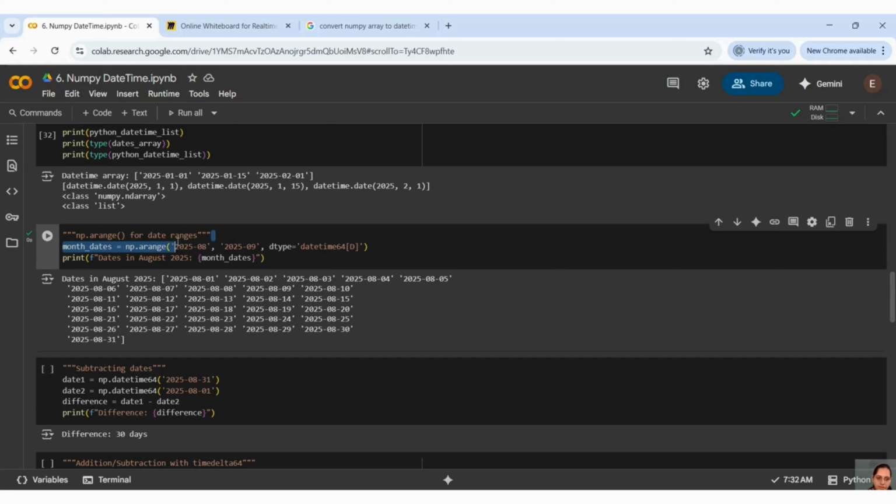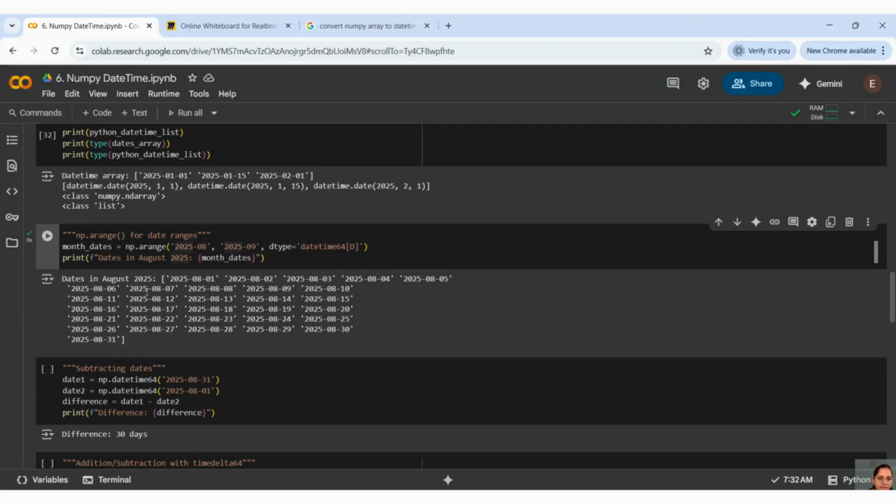We have August month. Okay, we have September month. Again, datetime is very clumsy to understand. And we have something called dtype, which will give me the delta or the dates between this and this. So let us see what output I am getting.